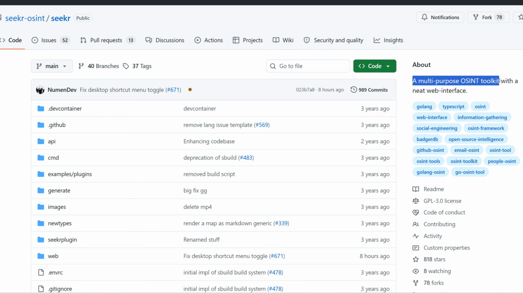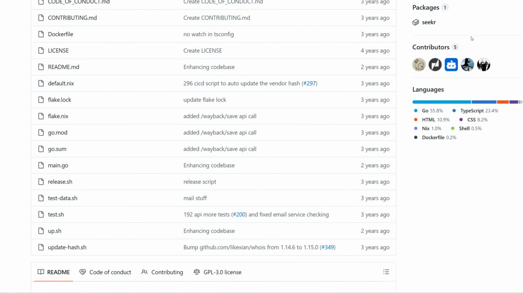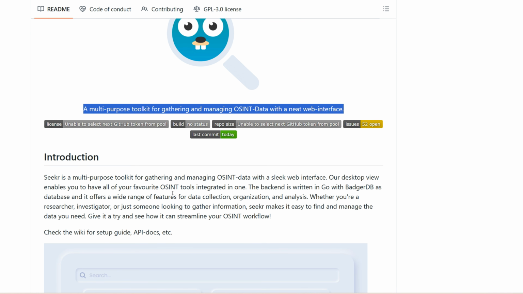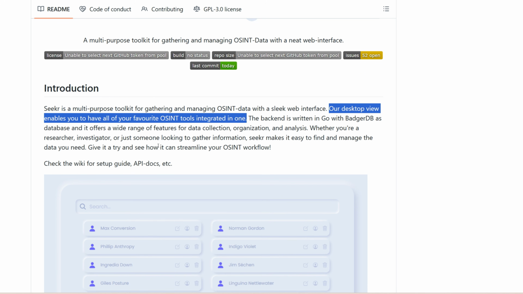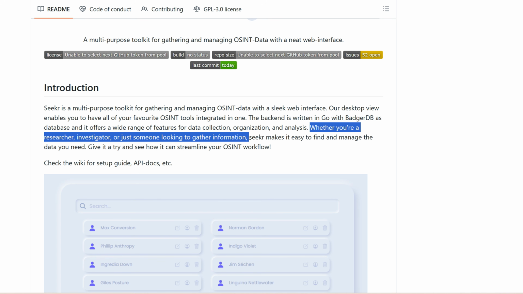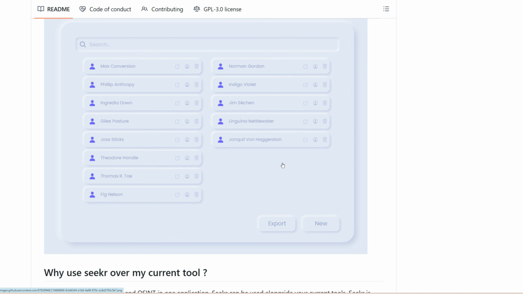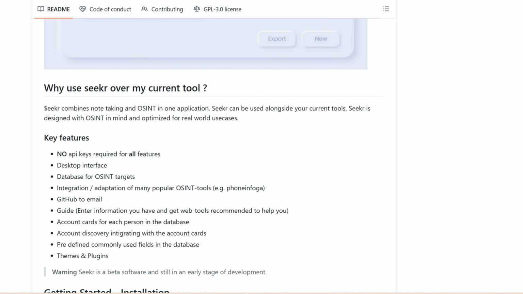And we close with Seekr. And I saved this one for last because while everything else on this list does the finding, Seekr solves the problem that hits you the moment you get serious about OSINT. What do you actually do with all this information once you've found it? Seekr is described as a multi-purpose, all-in-one toolkit for gathering and managing OSINT data, and it comes with a clean, web-based interface. That word, managing, is the key, because here's what happens when you run Sherlock, then Maigret, then Blackbird